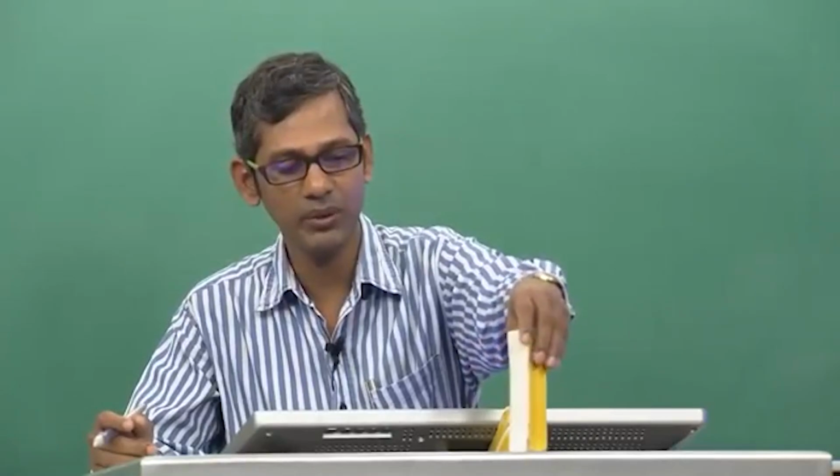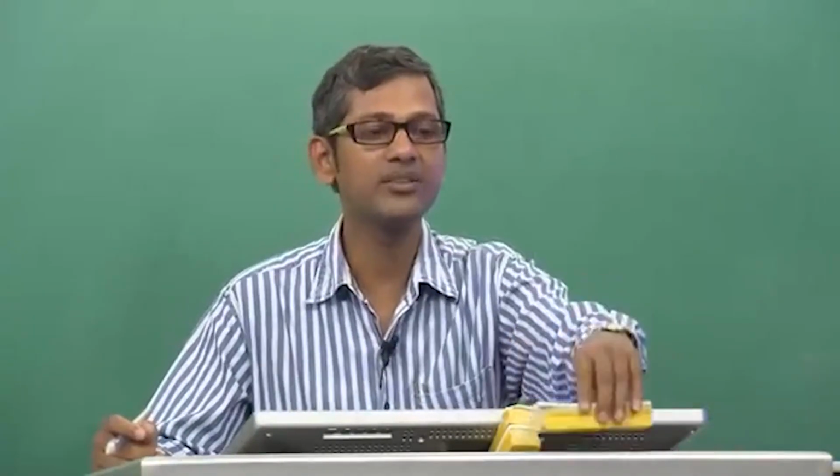You can do all these experiments yourself, but if I keep it on this, it can still sit on it. I do not know whether this will sit, but it should be able to sit. Because the height is longer, obviously the potential energy is higher, kinetic energy may be the same, but potential energy is higher than in this configuration. Therefore, this configuration is called equilibrium, this configuration is called metastable equilibrium, and this configuration is called unstable equilibrium.